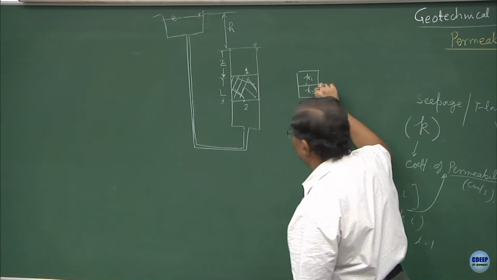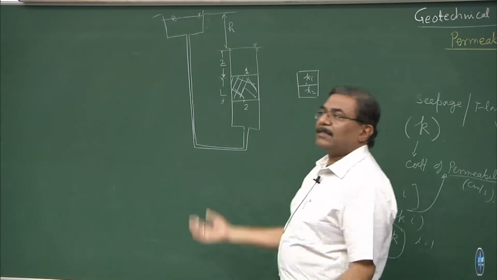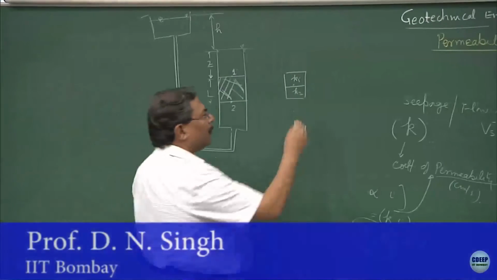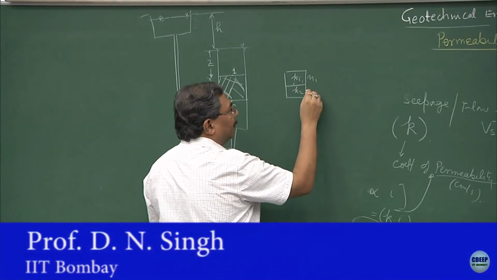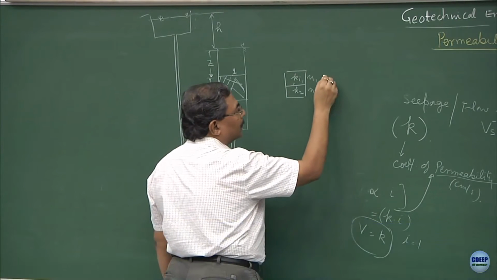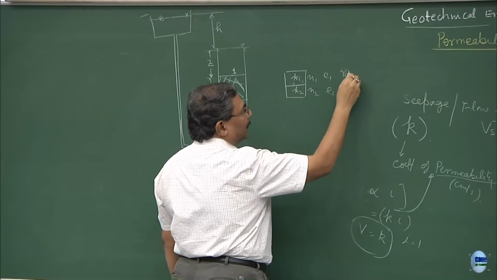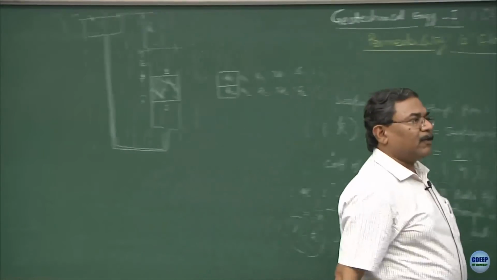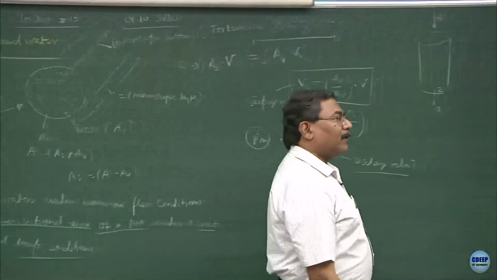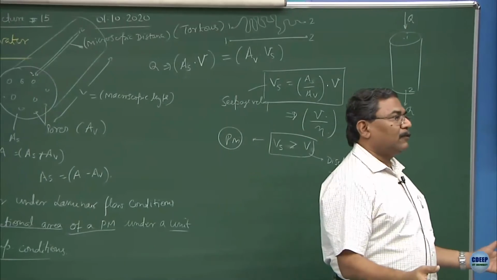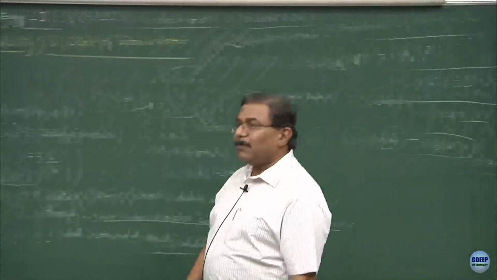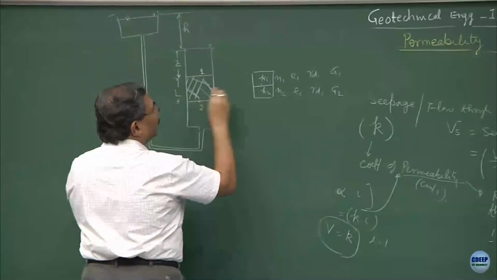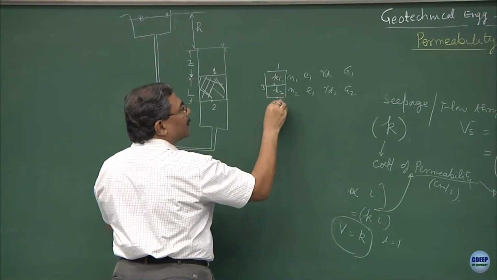Now, because of the introduction of K2 and K1, what have I done? I have manipulated the system much more. I am tending towards more natural processes, and let me complicate it further. K1 with porosity e1, e2, gamma d1, gamma d2, G1, G2. What else does nature offer you? Same thing. So what have I created? I have created a multi-layered, 2-layered system, where now you are going to be in a difficulty, but it is simple. Now, what I can do is replace this 1 and 2 with point number 3, and I can still go ahead with the same thing.